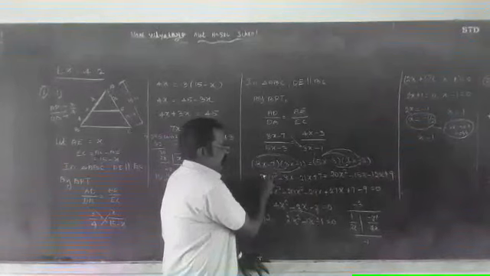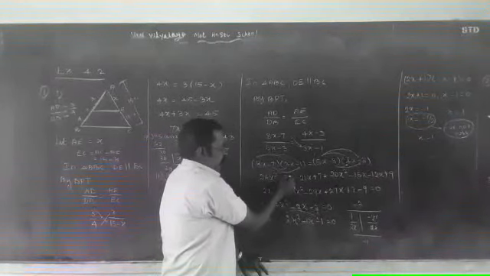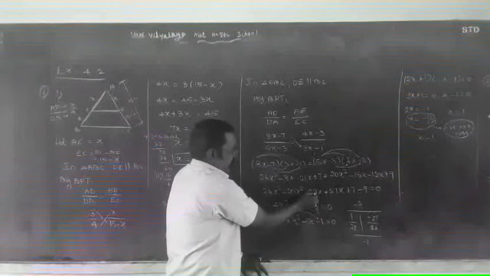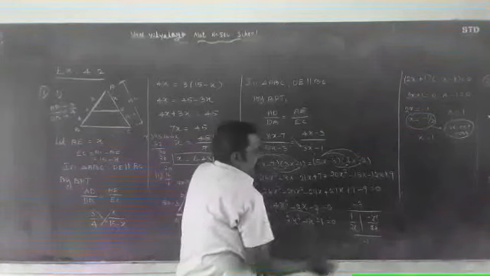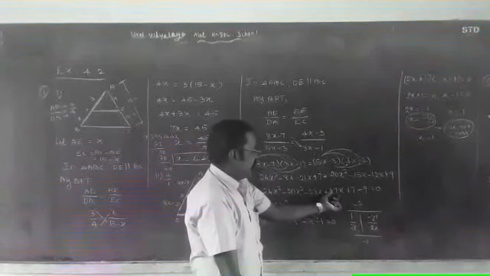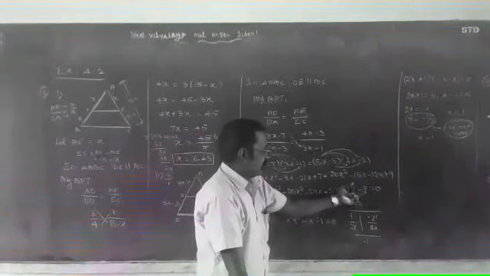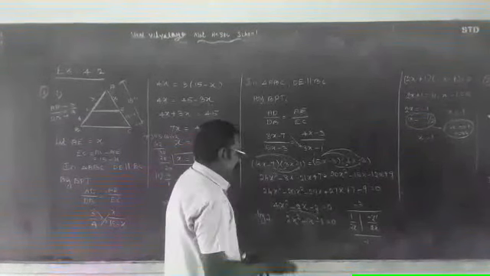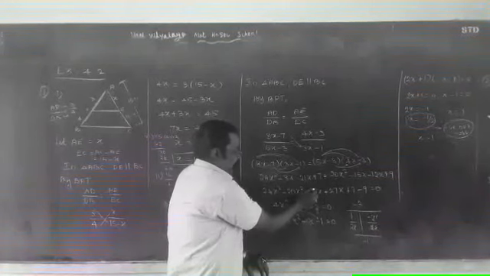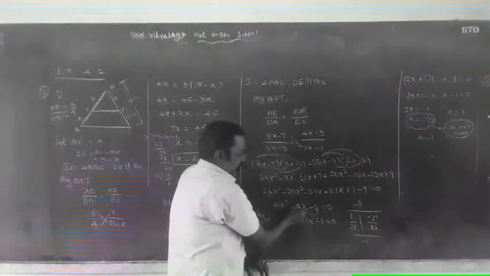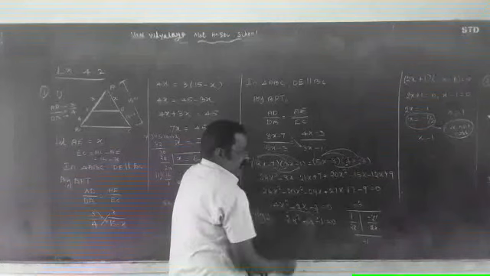So 24 plus 20 comes to the left hand side as minus 20, minus 8 minus 21 is minus 29x, minus 15 minus 12 is minus 27 comes to the left hand side as plus 27x, plus 7 plus 9 comes to the left hand side as minus 9, equals 0. 24 minus 20 equals 4x square, minus 29 plus 27 equals minus 2x, plus 7 minus 9 equals minus 2, equals 0.